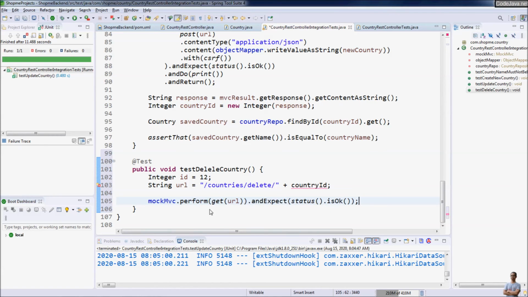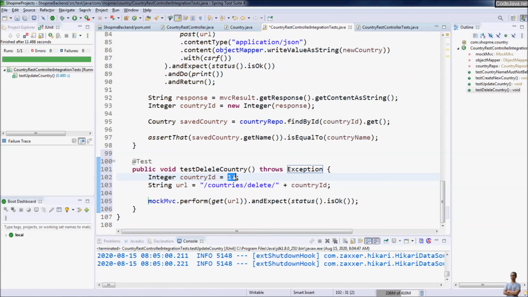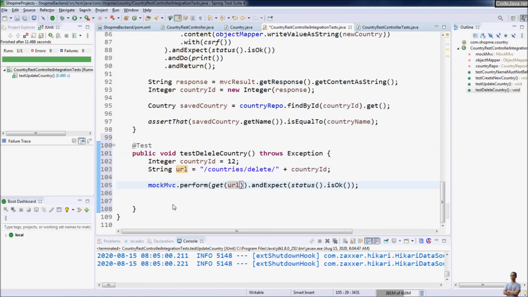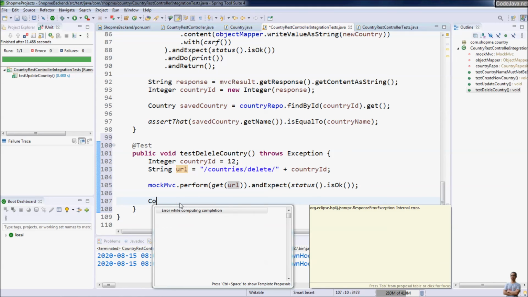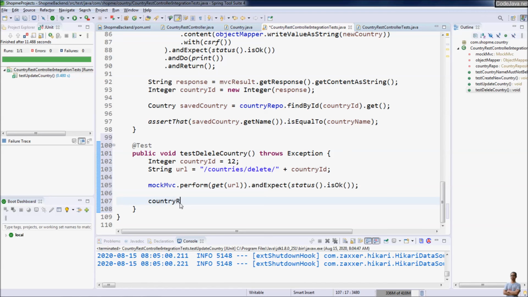Okay, so we perform a request to this URL with the country ID, and we expect that the server returns status okay. And we need to do an extra step to verify that the row with ID 12 doesn't exist in the database after this call. So we use a repo, the country repo,